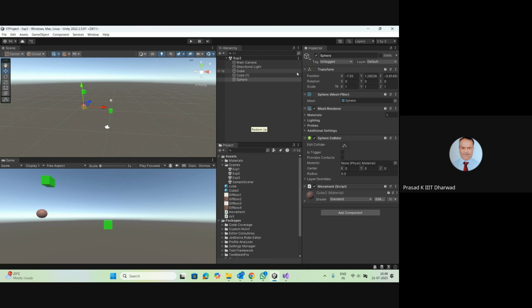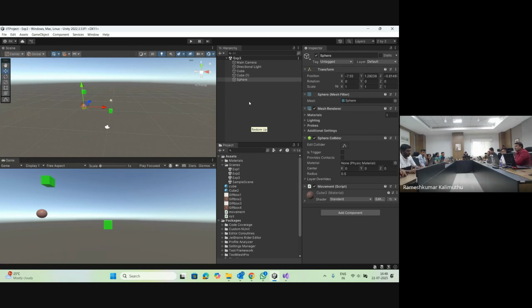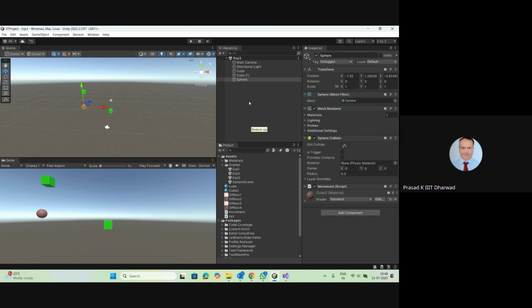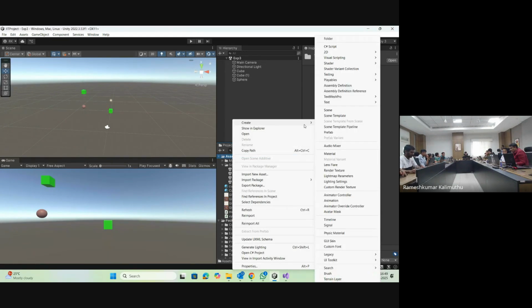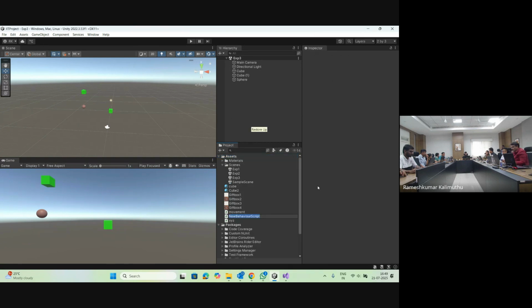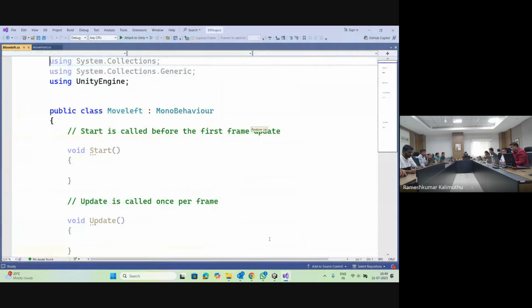Sir, if I want one of the objects to move in the opposite direction? At that time you have to create one more script. Let me create one more script. Assets, right click, create a new script called MoveLeft. Okay, I have created it. So inside that,